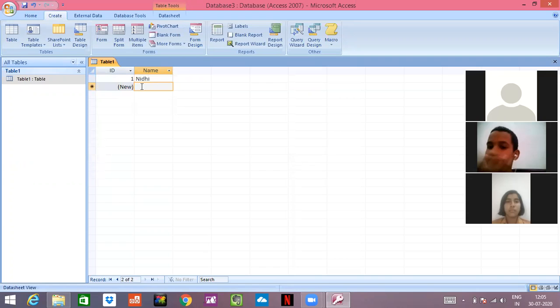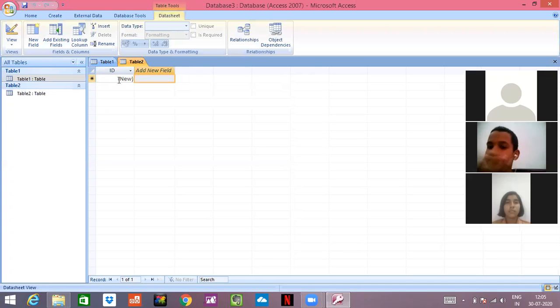Then I'll write Ansh, then Pari is here. Now we were talking about adding an extra field. It is not yet completed. I want to add some extra. So I'll go to my view, go to my existing table, and I'll create another table.